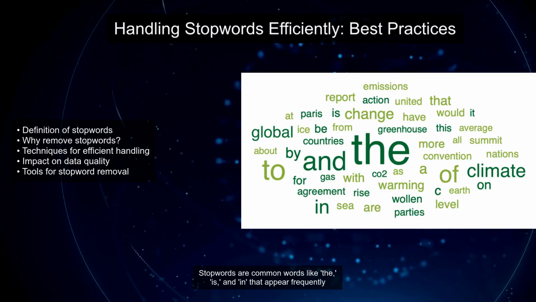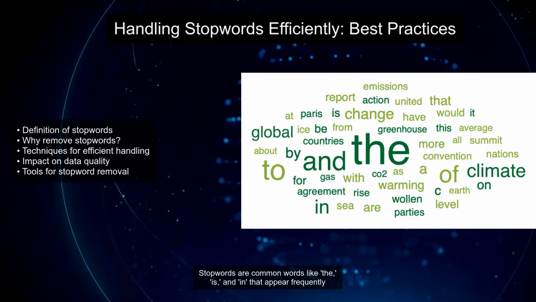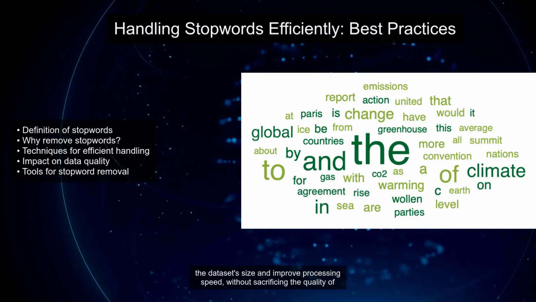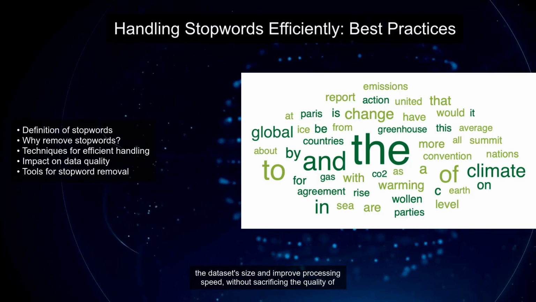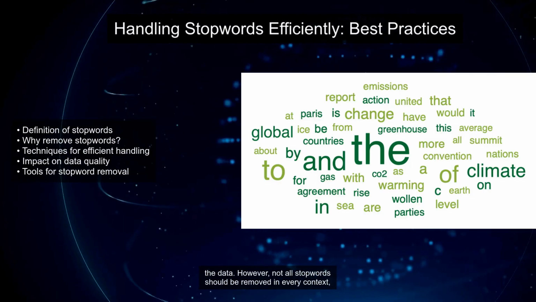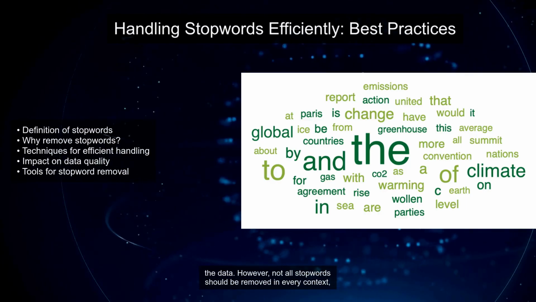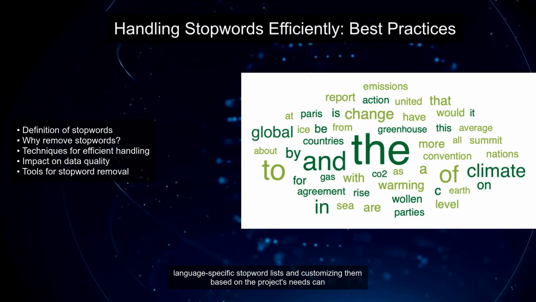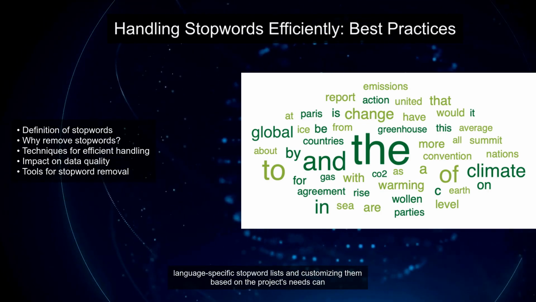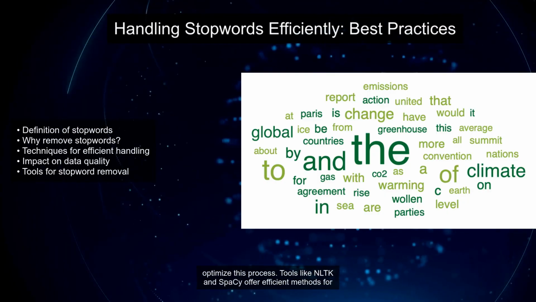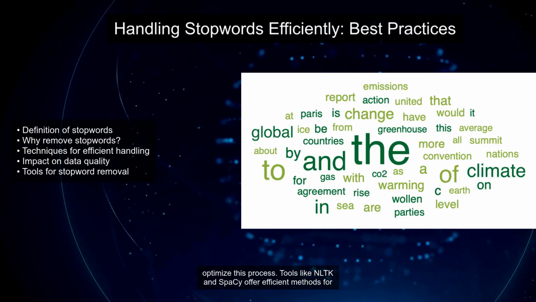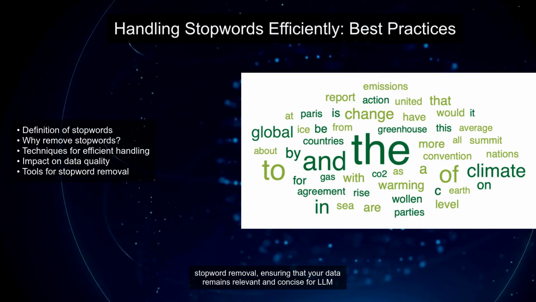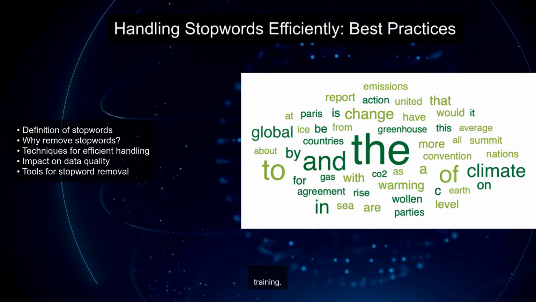Stopwords are common words like the, is, and in that appear frequently in text but carry little meaning. Removing these words can significantly reduce the dataset's size and improve processing speed, without sacrificing the quality of the data. However, not all stopwords should be removed in every context, as some might hold importance depending on the task. Techniques like using language-specific stopword lists and customizing them based on the project's needs can optimize this process. Tools like NLTK and spaCy offer efficient methods for stopword removal, ensuring that your data remains relevant and concise for